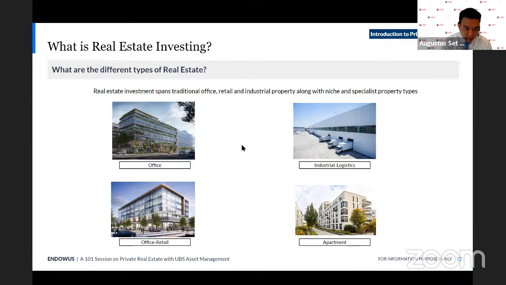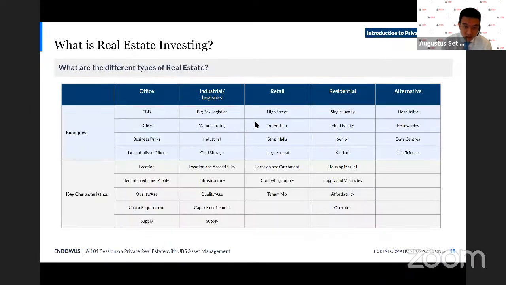And there's residential or apartments for rent. So instead of buying individual units, you might even just own the whole building and lease out all the units for rent rather than trying to sell them. So these are some traditional types. There's also other alternative sectors, things like data centers, healthcare type assets like hospitals, for example. Yeah, so on this slide, we're just trying to illustrate some of the different subsectors. Even in these sectors, there's quite a bit of different types that you could get exposure to.